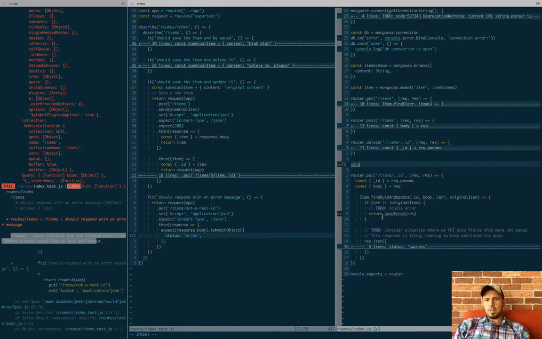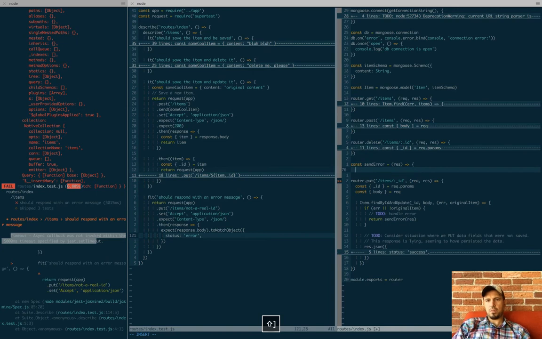So we're going to say send error response. Okay. Now our linter is starting to kick in. You can see here it says const. Right away, our linter can kind of help us. It says send error is not defined. By Jove, you're right. Let's do const send error equals, give me a response, and I will give you